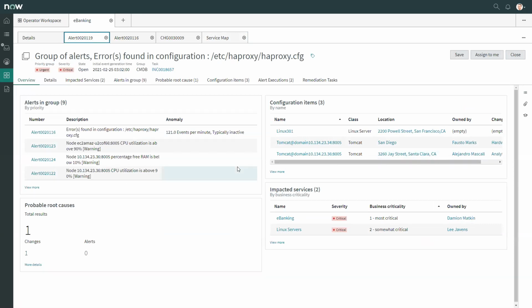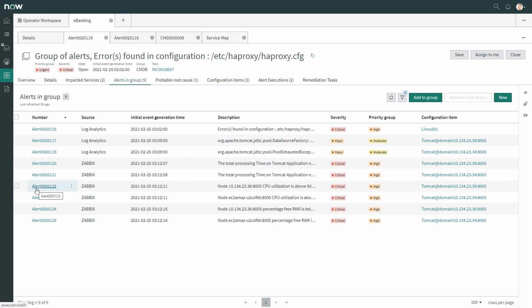In the group alert screen, I see the primary alert, error in configuration file, with a very specific configuration file mentioned, as well as the additional alerts. But to view all of them, let's click the View More button. Here, we see log analytics and our traditional alerting tool, Zabbix infrastructure monitoring. Zabbix is reporting on